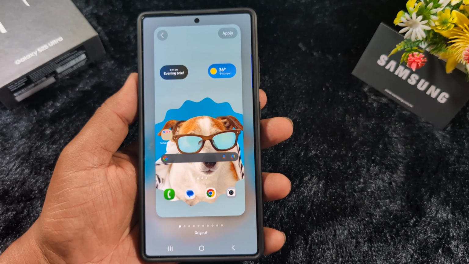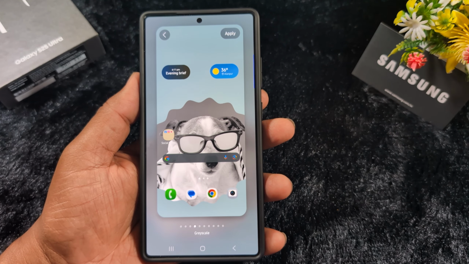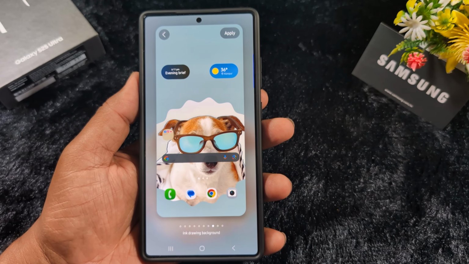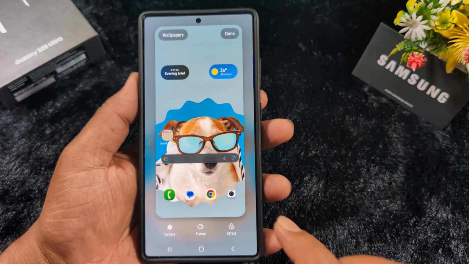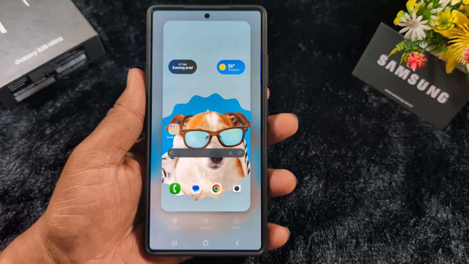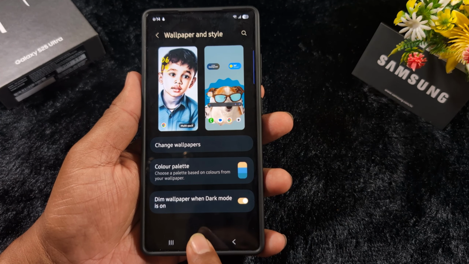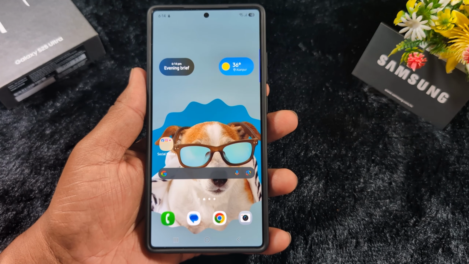Also see the different effects you want: original, blur background, grayscale background. So you can see the different backgrounds and colors on your device. So apply all these frames and effects and tap on Done when you want to set the wallpaper on your home screen and lock screen on the One UI 7. Now you can see the changes applied to the home screen. Now go to your home screen and you can see the changes applied to the home screen on your latest One UI 7